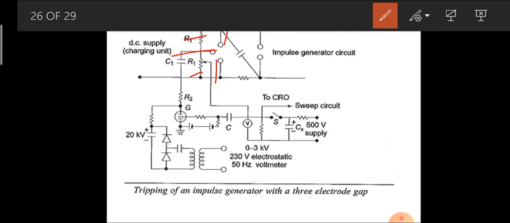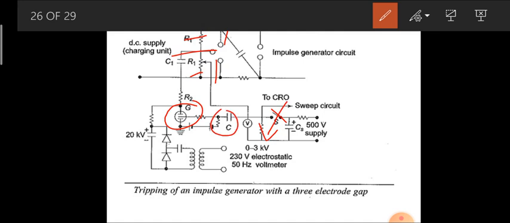So the tripping is initiated by applying a pulse to the thyratron. Here is my thyratron G. This tripping is initiated by applying a pulse to thyratron G by closing this switch S. I have to close the switch S. So what happens? The capacitor C, which you can see here, when you close the switch S, the capacitor